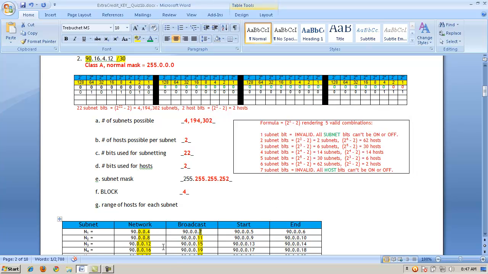So neither one of those are valid IPs. The valid IPs fall in between those. They're sandwiched in between the network and the broadcast. Because remember the rules. You can't turn all your host bits off. You can't turn them all on for it to be a valid IP address. So in that case, what's the lowest address I can come up with that's a valid IP to start? Well, back when we had all these turned off,